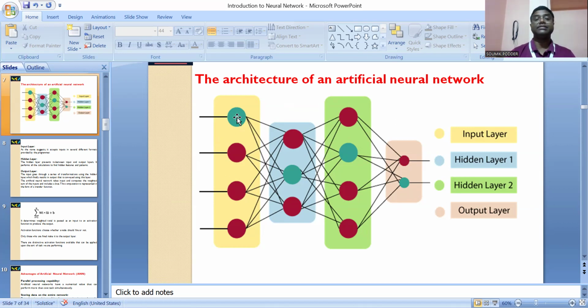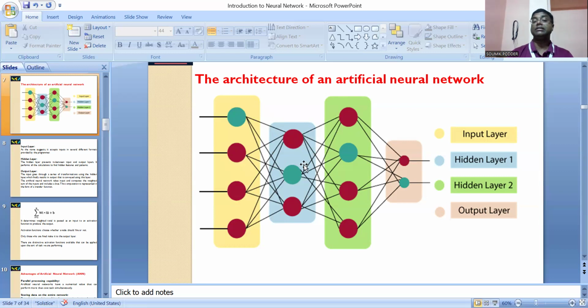Now, in this case, we have seen that every output from the input nodes is connected with each and every node in the hidden layers. As the input layer consists of 4 input nodes, and each input node is connected with the 3 nodes of hidden layer 1, the total number of connections for the hidden layer input section is 12. Similarly, the output section of hidden layer 1 will be connected with hidden layer 2 via the same